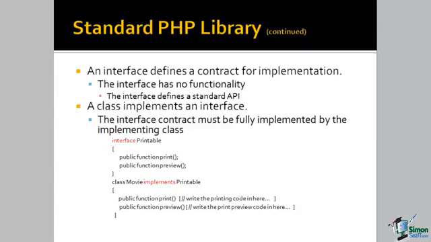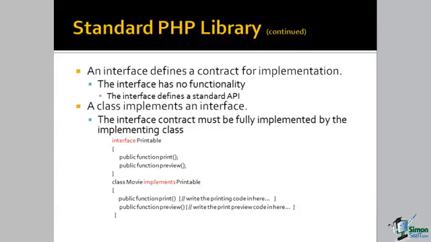So in this example, I've defined an interface called printable. In that interface, I've said any class that implements this interface must provide the functionality for these two functions, print and